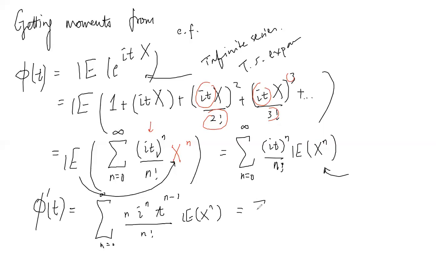So this will cancel, right? And after that, your n will start from 1, okay? n times t to the power of n minus 1, n minus 1, right? Okay. And if you let your t be 0,